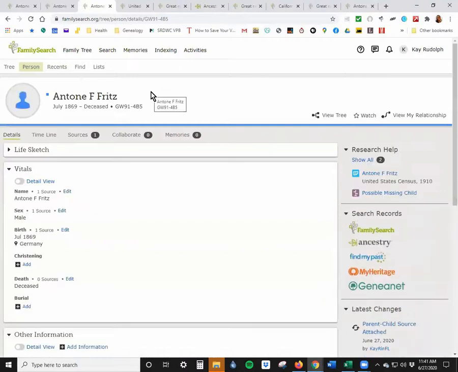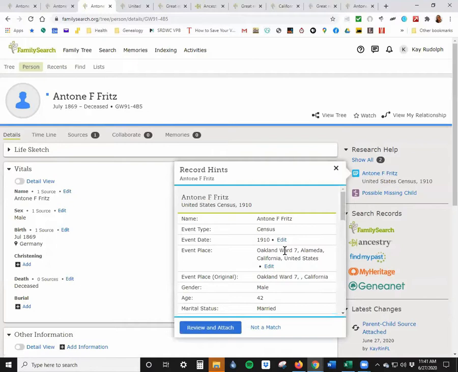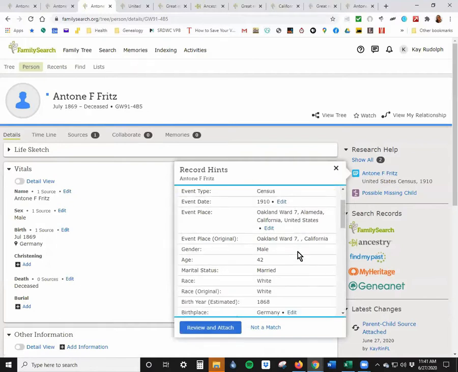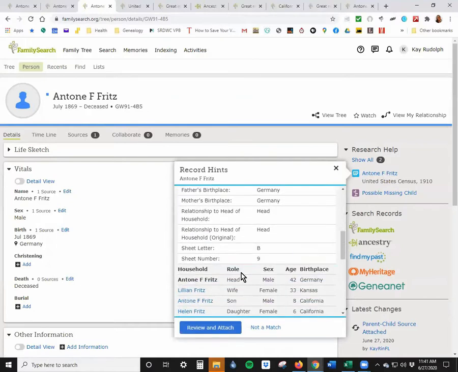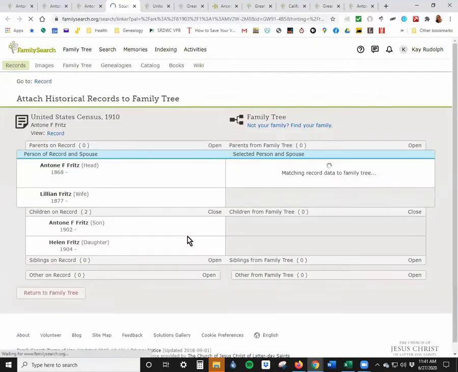So we've got an Anton Fritz born in July 1869. FamilySearch suggests there might be a 1910 record for him, living in Oakland, that's looking pretty good, with a wife, Lillian, and a son, Anton. Definitely, that's our man. So I'm just going to attach this